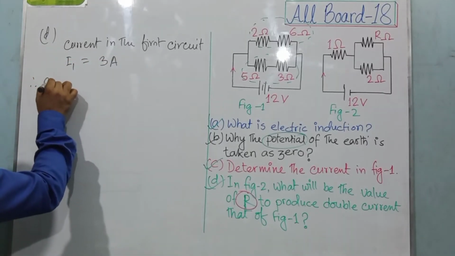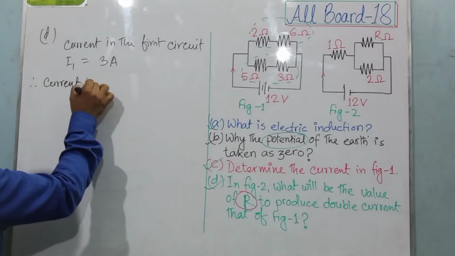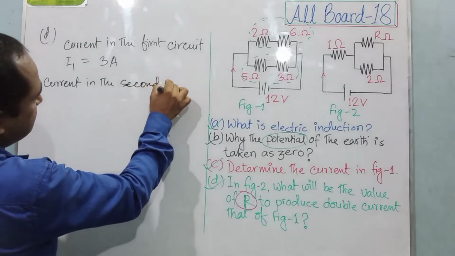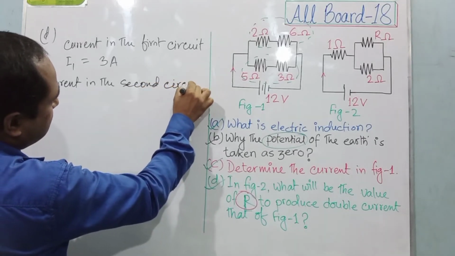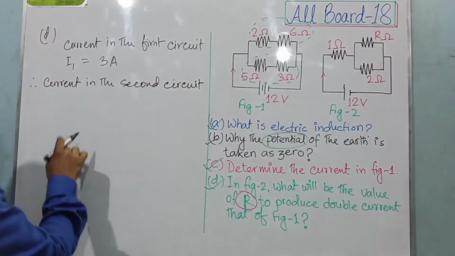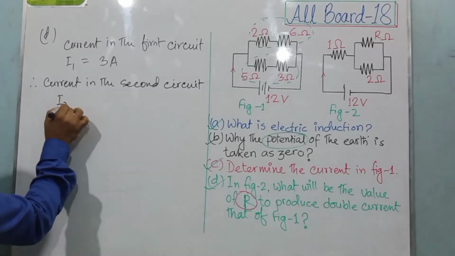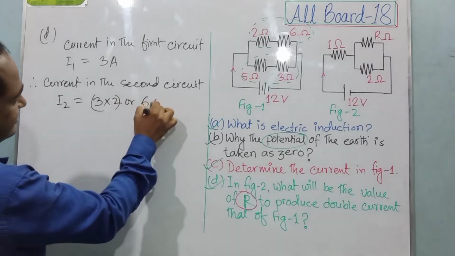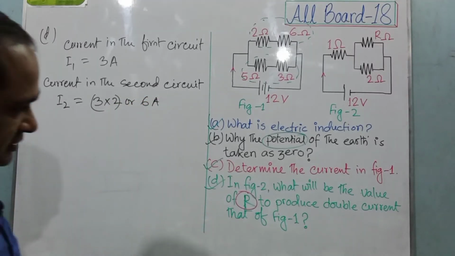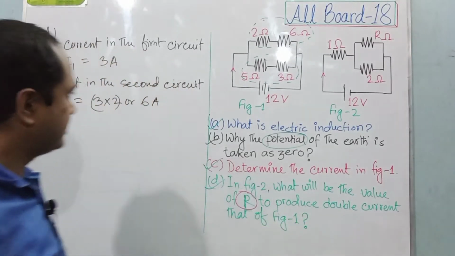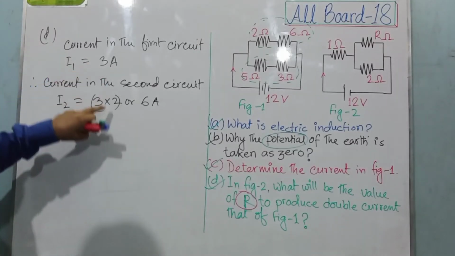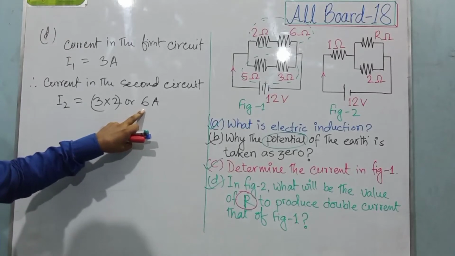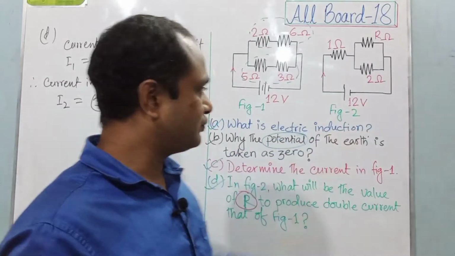Therefore the current in the second circuit, if denoted by I2, is equal to 3 multiplied by 2, or 6 ampere. They said that to produce double the current of figure 1. So in figure 1 the current was 3 ampere, and in figure 2 the current will be double that of figure 1, that is 6 ampere. Here the electromotive force of the cell